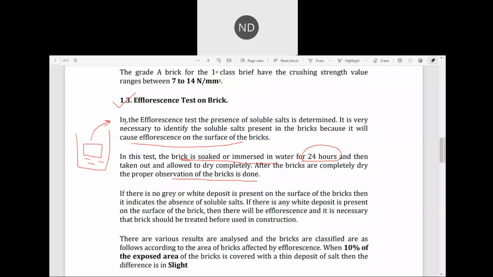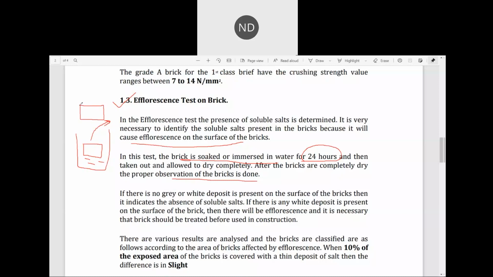That means we checked the weight and then how much water absorption the brick has, the percentage of water it can absorb. But with the same brick, after taking it out after 24 hours, for the efflorescence test